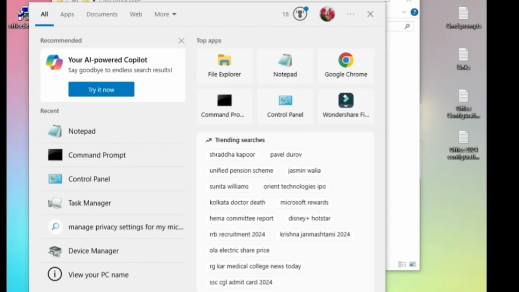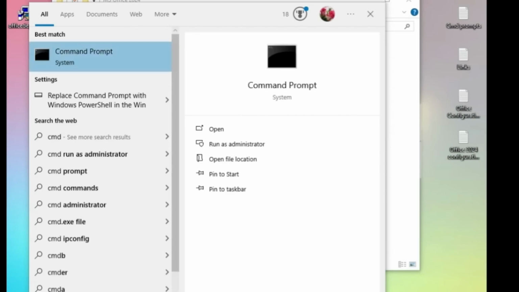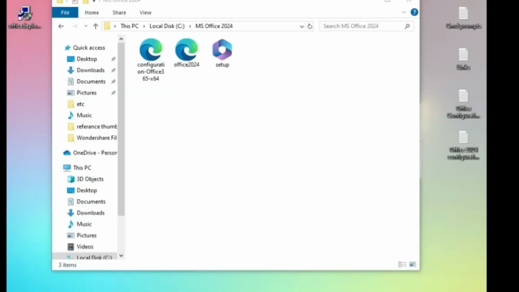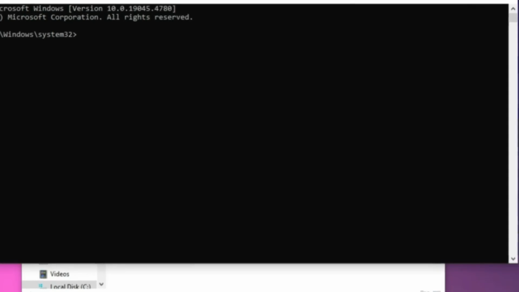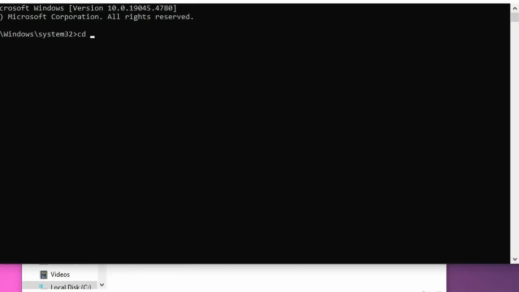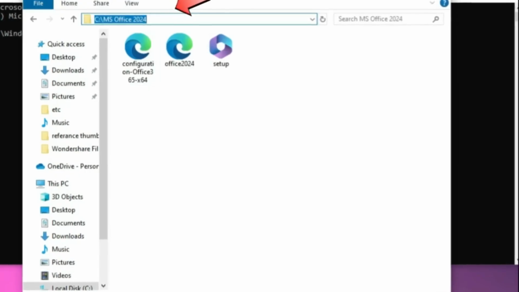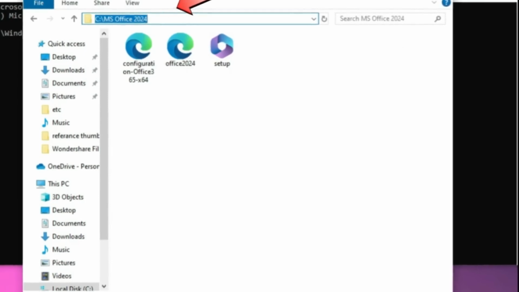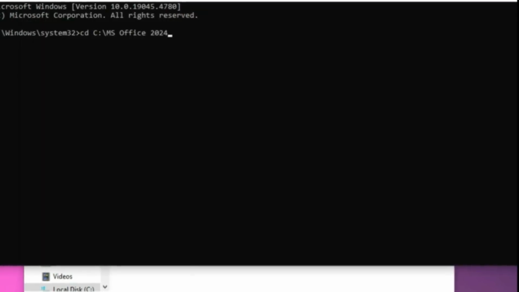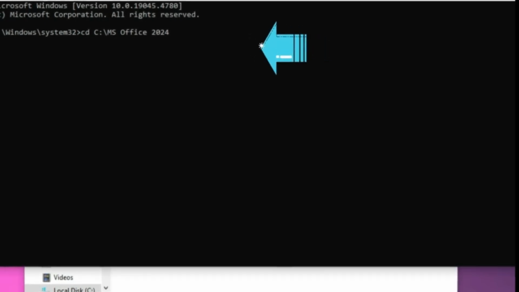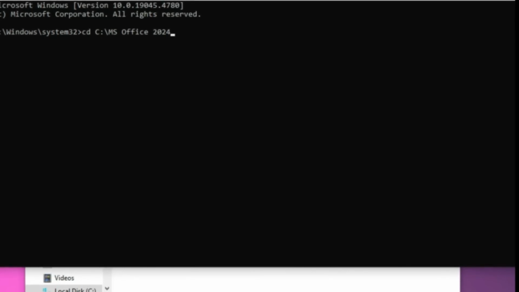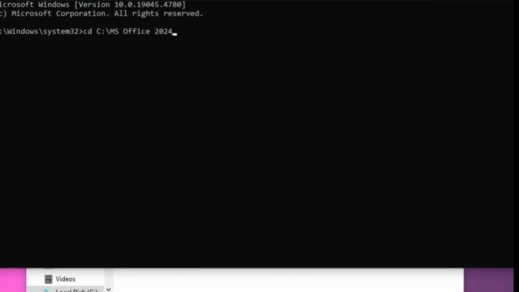Minimize Notepad. Now, open CMD as an administrator. Type CD and hit space. Go to the folder where we extracted the files. Copy its path, and paste it into CMD. Hit enter. When the path shows up,